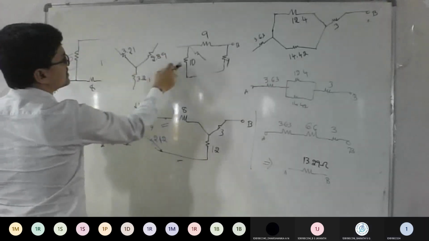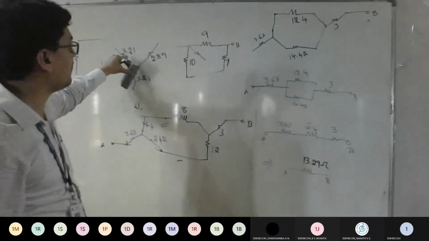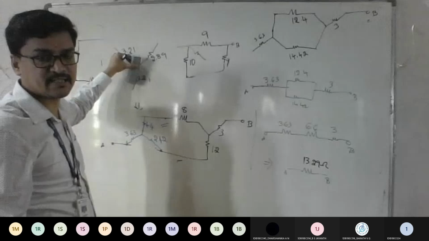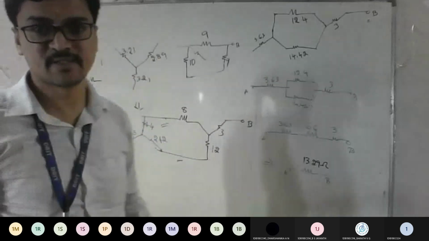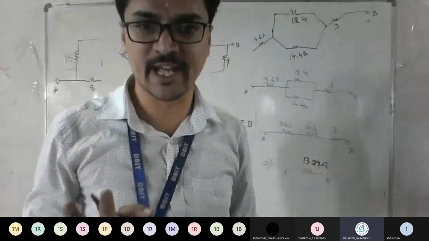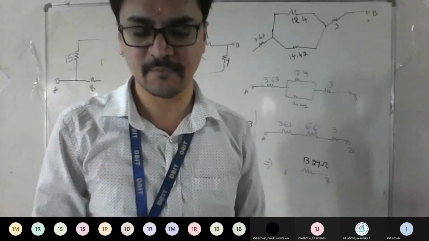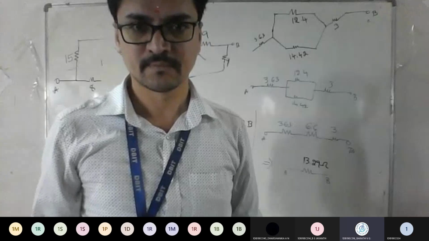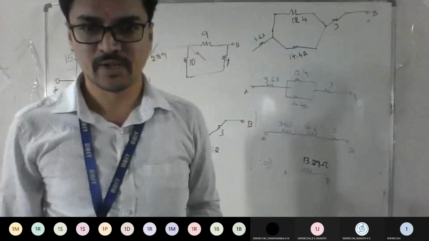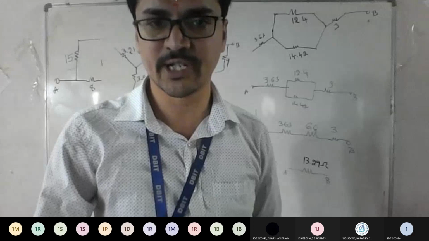I think you'll get two answers. These two are the same and this is different. So this is the answer you get. So now I think we added 3, right? So just add 3.21 for the previous combination. So just make the corrections there only. The circuit is the same. Only the value has been changed. Just correct it here. Is it fine here? Yes, sir. Okay, fine. So any other doubts regarding your star delta and source transformation?